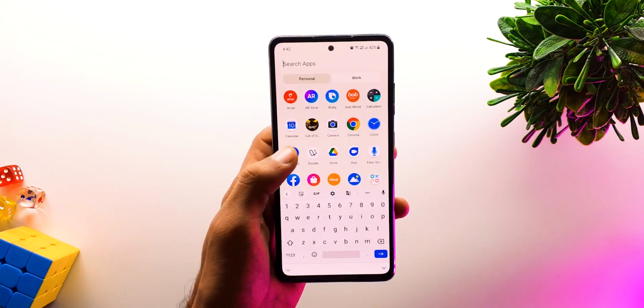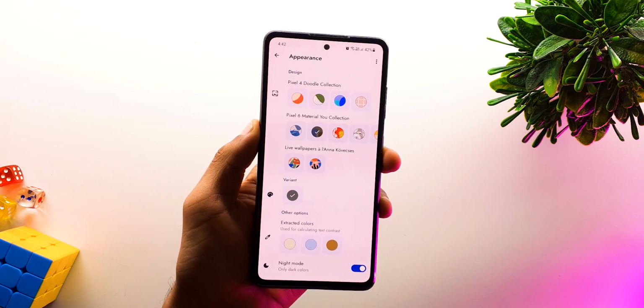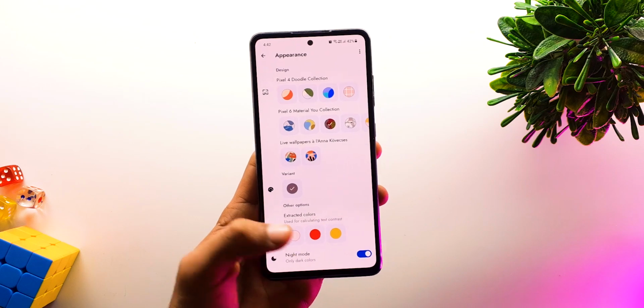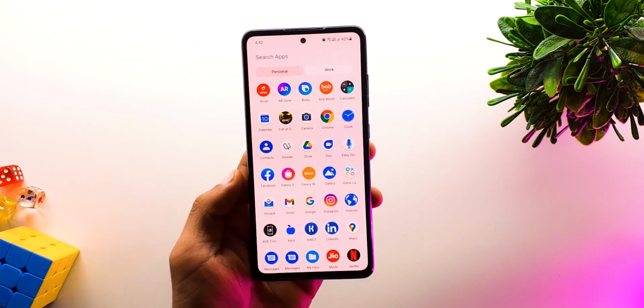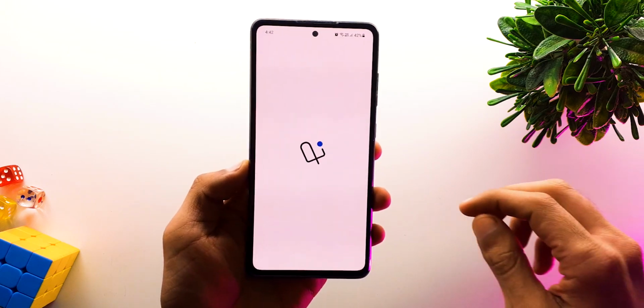This app is by far the best live wallpaper app I've ever found. Why do I like this wallpaper app so much? Let's talk about it. See the number of wallpapers in this app? You don't have to set them each time you wanna change them. Just set the wallpaper once, and whenever you wanna change the wallpaper, just tap on it from the app and the change